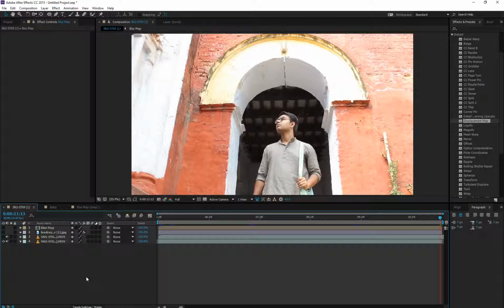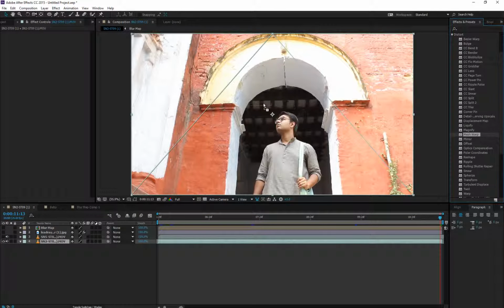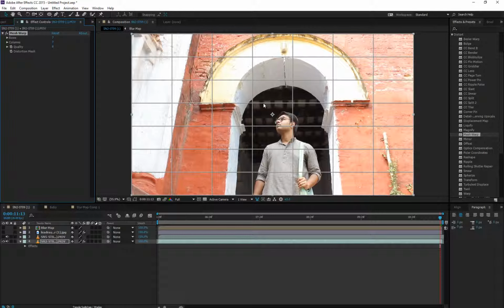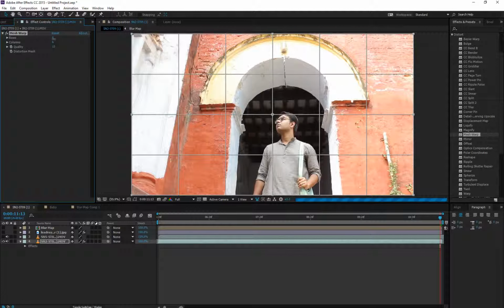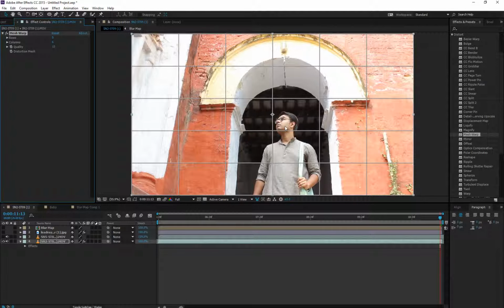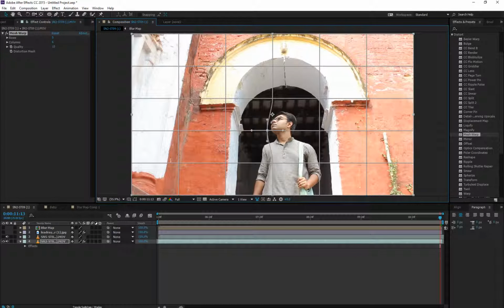After displacement, then we have mesh warp, and mesh warp is going to be another very useful tool for you guys to quickly fix a few of your drawings, or add a little bit of puppet type of animation. With mesh warp, always use the quality of 10, and you can change the number of columns and rows. That basically gives you handles to control this image, and you can set it based on how much you need. Then you can select these corners, and you can change it like a mesh,